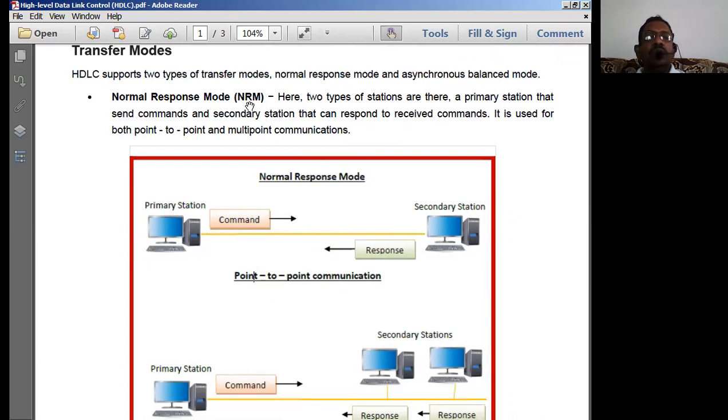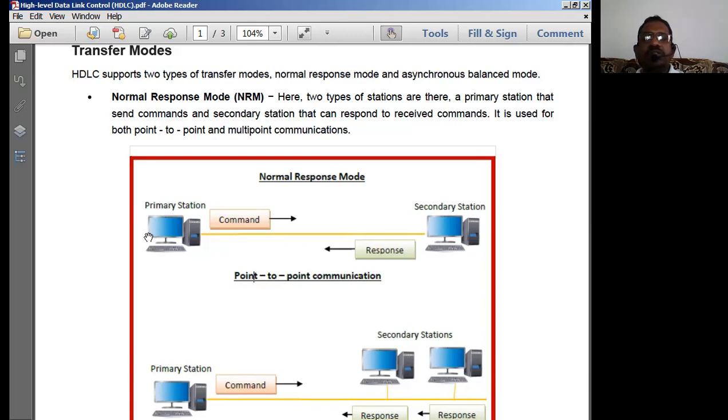Now in the normal response mode, NRM, two types of stations will be there, primary and secondary. The primary sends commands, and the secondary station can only respond to the received commands. The primary sends a command to the secondary asking for information, and the secondary gives a response. For example, if the primary station asks for the contents of the accumulator in a secondary station, it sends the contents of the accumulator.